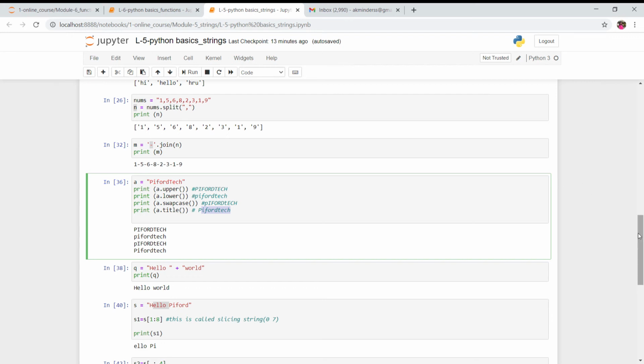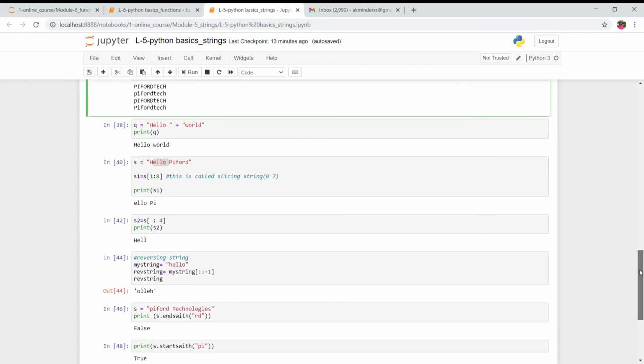Now let's see how to concatenate two strings. Means if you want to join the strings, then how can you do it? It's quite simple. You can use this plus. This is one string, this is the second string, and you want to join them like this. You just need to put this plus sign in between, and this is how you can perform the concatenation.